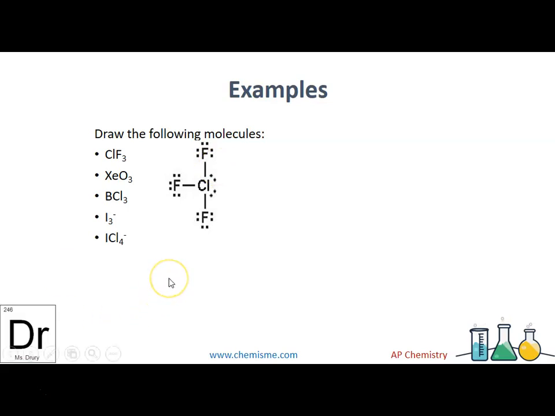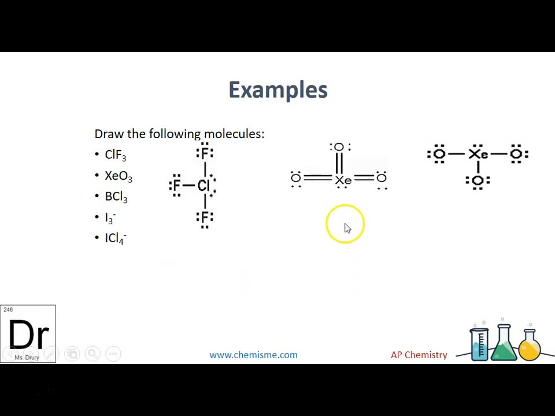Also, because xenon is so big, it's not very good at holding its valence electrons. So in that case, I drew xenon a couple of ways, and you can have any modification of this, where xenon's in the center, oxygens are on the outside, whether it's top, side, bottom, I don't care, and then the electrons around. Most of you probably drew it with single bonds, where there's going to be 2 electrons per bond, and then each oxygen would need 6 more electrons to get an octet, and the excess electrons go on